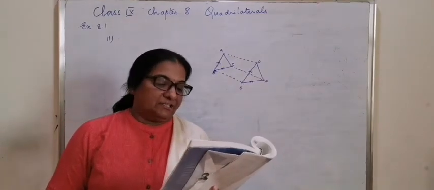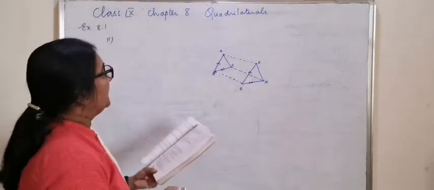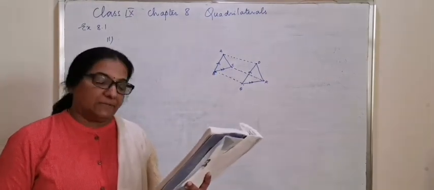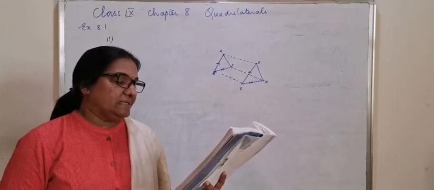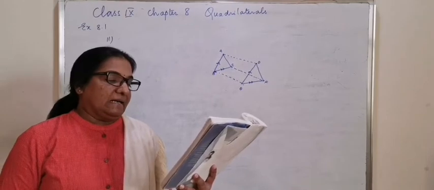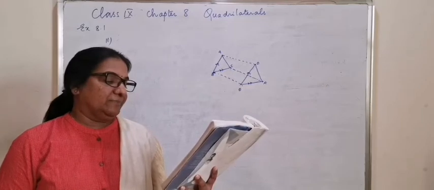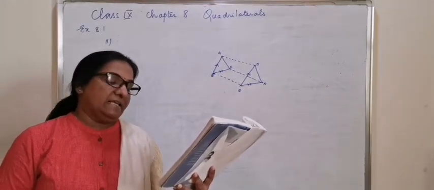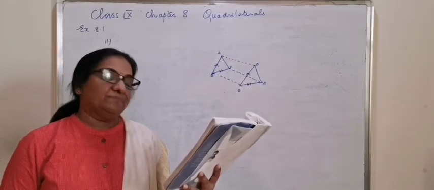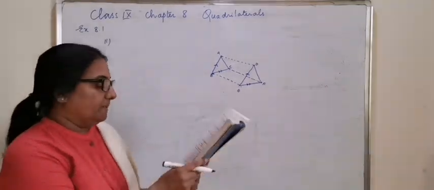Question number 11. In triangles ABC and DEF, AB is equal to DE and AB is parallel to DE, BC is equal to EF and BC is parallel to EF. Vertices ABC are joined to the vertices DEF. Show that quadrilateral ABED is a parallelogram, quadrilateral BEFC is a parallelogram, AD is parallel to CF, AD is equal to CF. Therefore, quadrilateral ACFD is a parallelogram, and AC is equal to DF. Each one is related with the previous one.